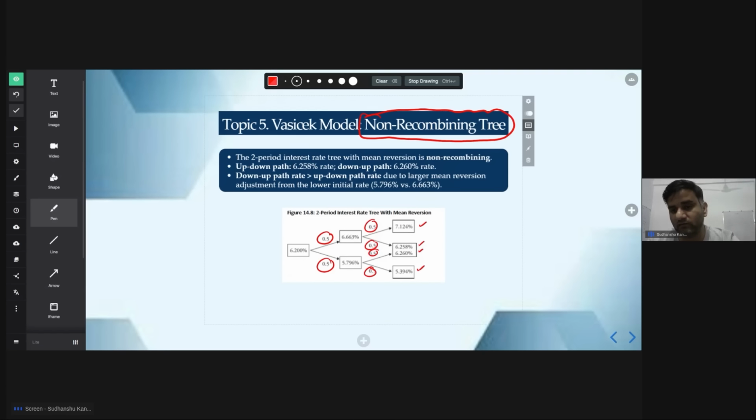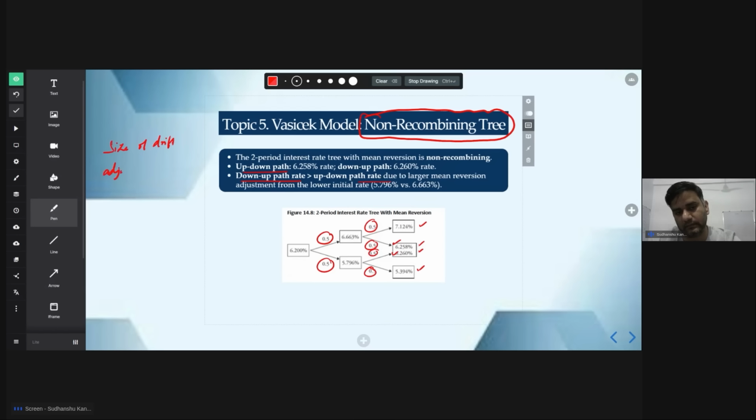So we are looking for a two-period interest rate tree here under Vasicek. From previous nodes, the up and down path gave us 6.258, which I told you. The down and up path gave us 6.260. Normally in recombining trees, up then down and down then up are equal. Here we don't get that. This is close but not identical. Why does this happen? Because the size of the drift adjustment